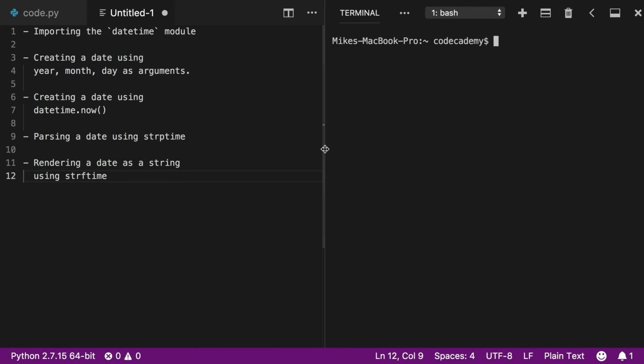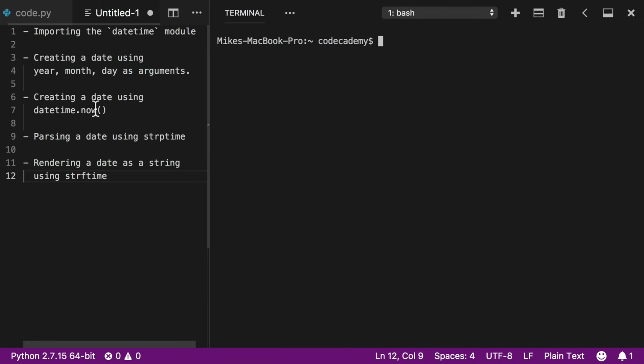So here on my programming environment, on the left, I have just some text, and this is what we're going to be going over. So these are just little steps that we can try to complete and we'll learn as we go. And then over here on the right, I have my terminal open. So the first thing that you're going to want to do to follow along with me is open up your terminal, and you can just open that up anywhere. I just have mine open here alongside of my text editor.